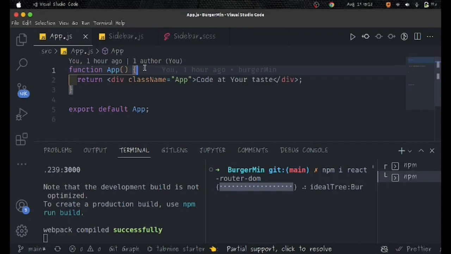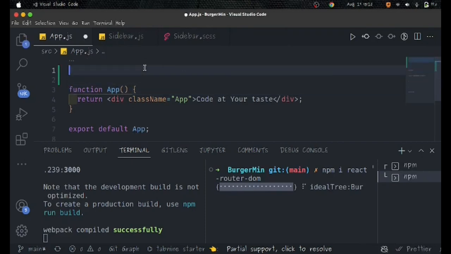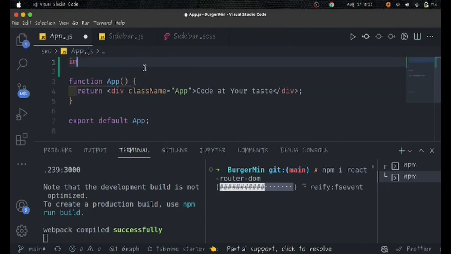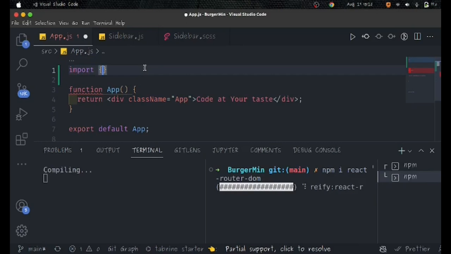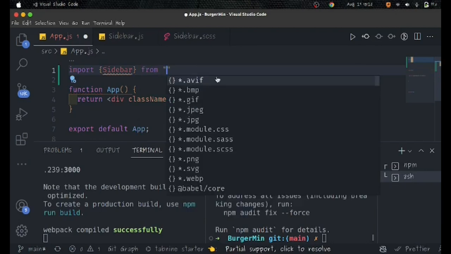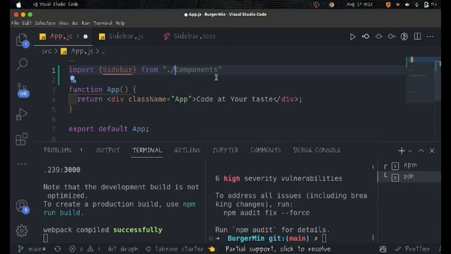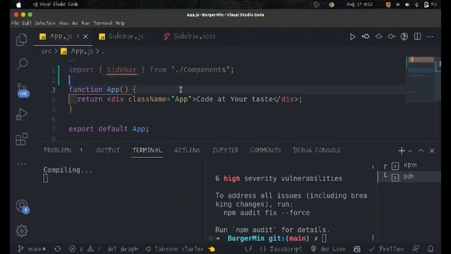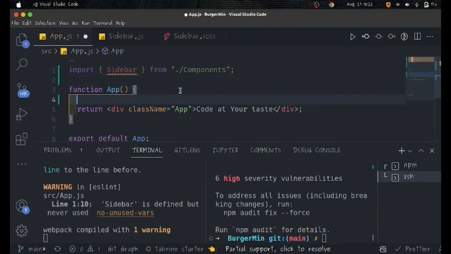Let me first of all import my sidebar. So I'm going to say here, import sidebar from /component like that. Sweet. And inside of my function here, since we are going to be using